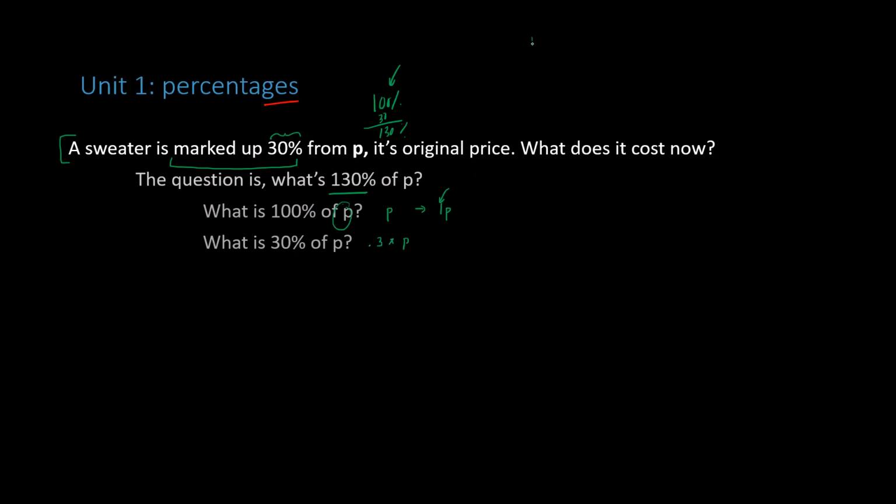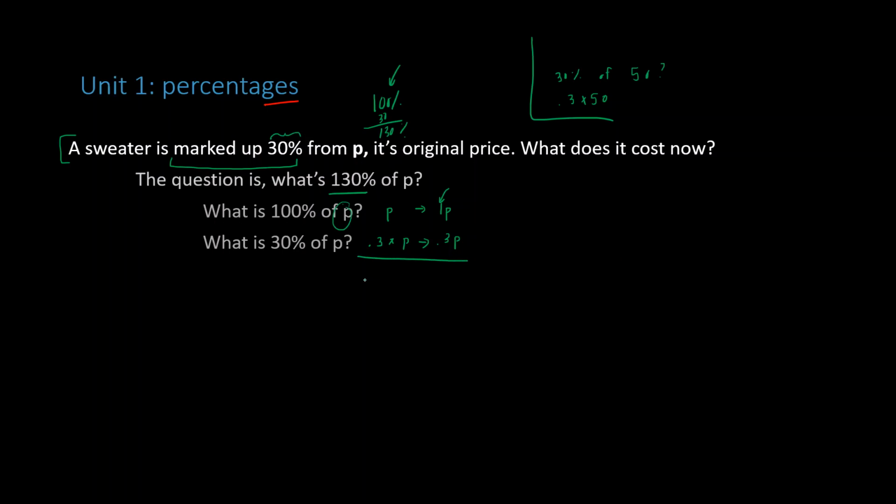The same way if I was working with real numbers, like what's 30% of, let's say, 50. To calculate this, I would convert to decimal form, 0.3, right? And then I would multiply by 50. It's the same thing here. I convert to decimal form, I multiply by the thing in question, and that would be 0.3P. So then what's